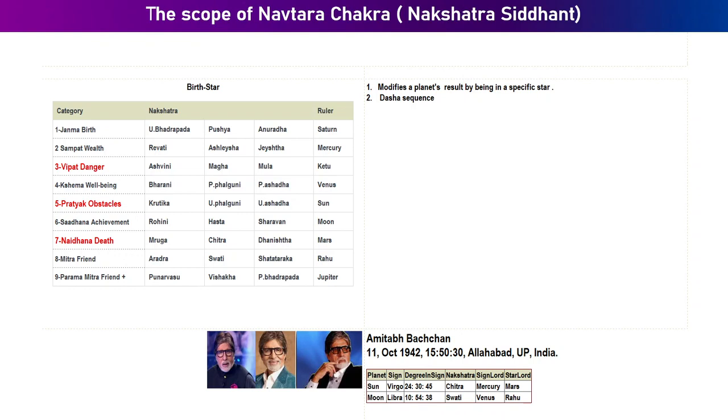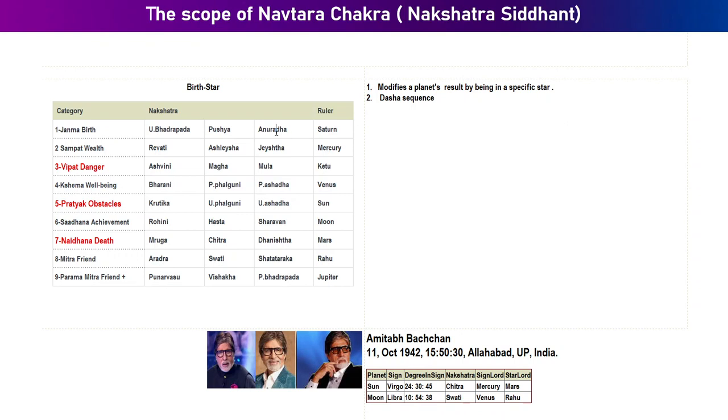Now, if someone is born with his Janma Nakshatra as any one of the nakshatra of Saturn, let's say Uttar Bhadrapad, Pushya or Anuradha. These are 3 nakshatra of the Saturn. So if somebody has the moon in one of these stars that are ruled by Saturn,